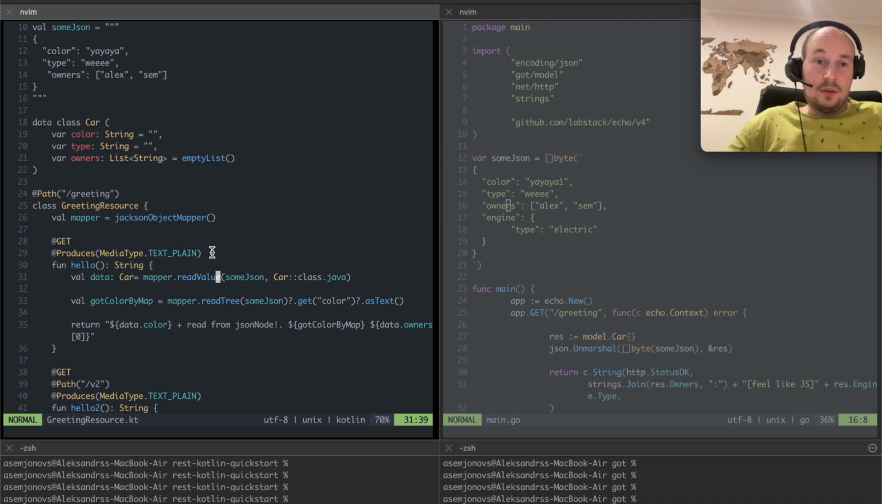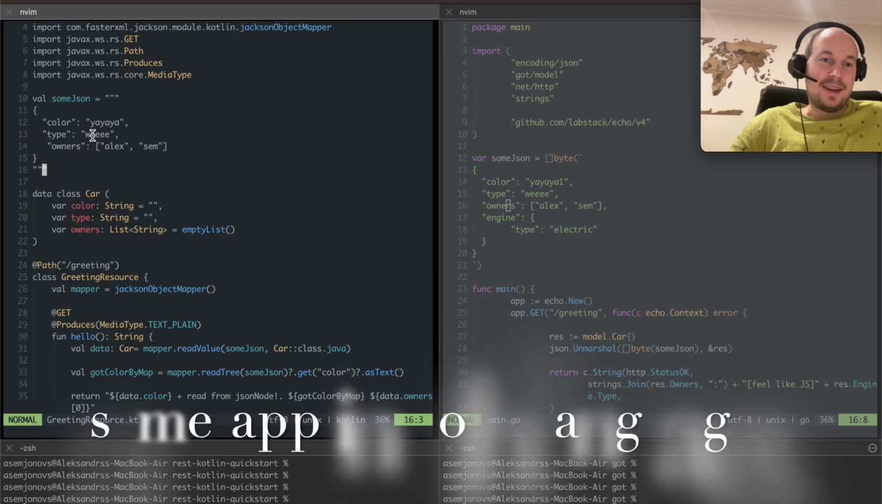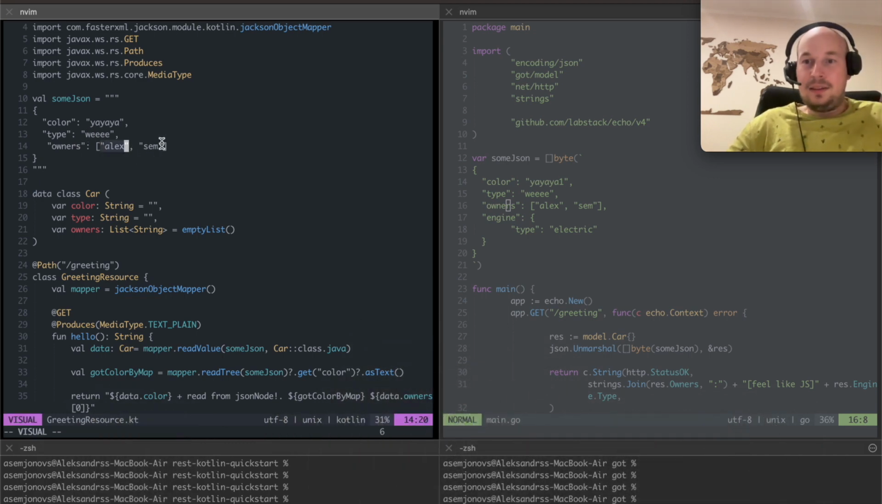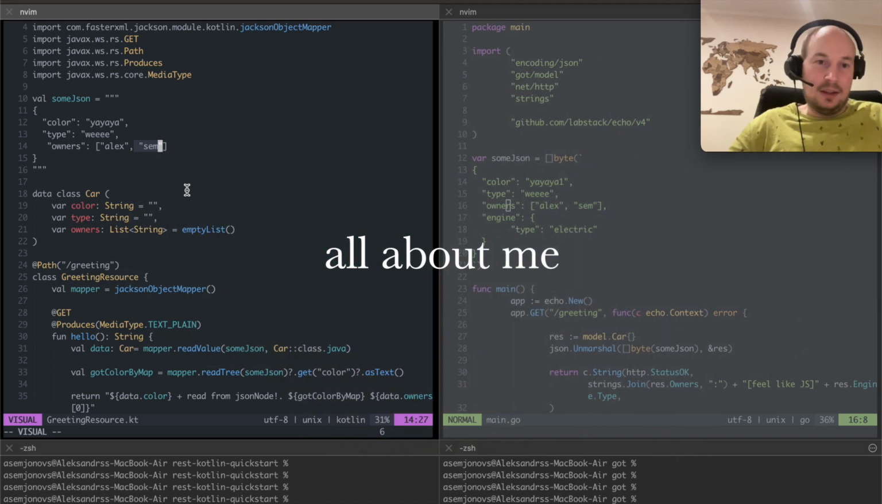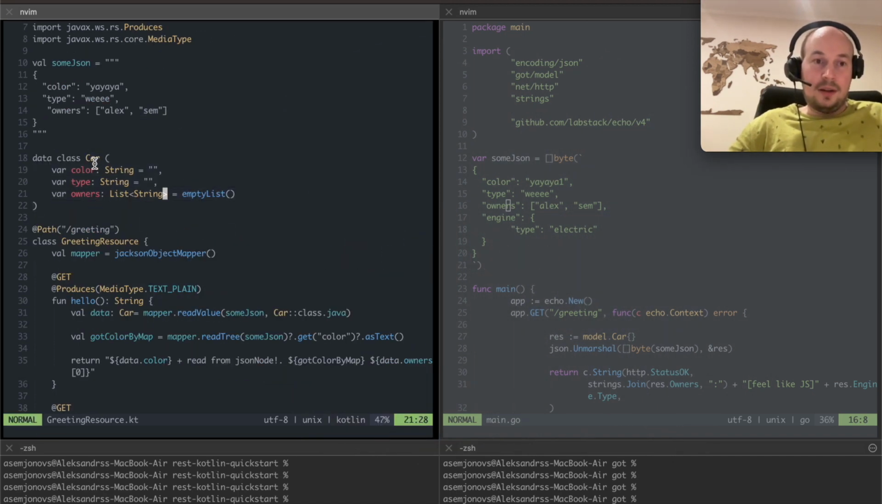So I use that to test some JSON parsing. So I do have some JSON. It's supposed to represent a car of some sort, of a color, and the type, and the owner, of course, is Alex and Sam, also me. All right. And it can be destructured into a class, a data class, and I